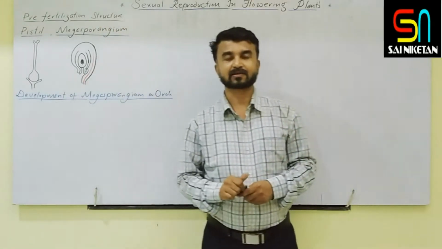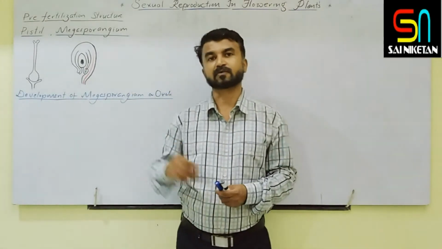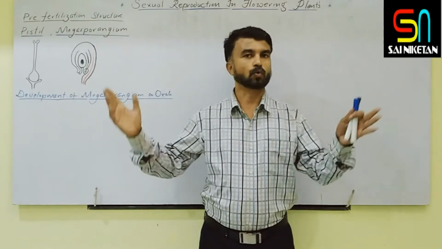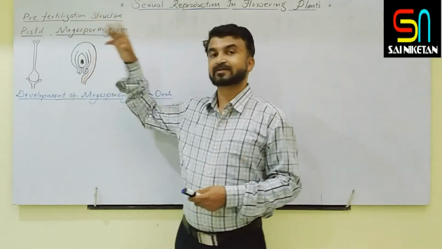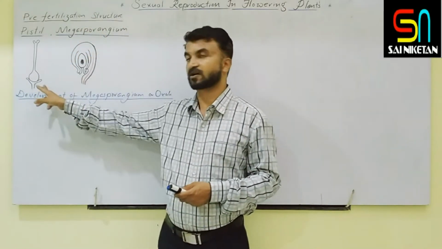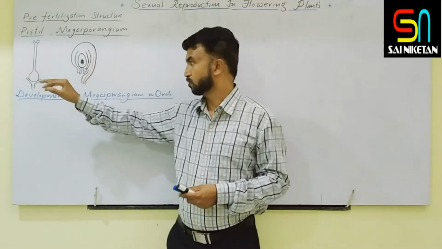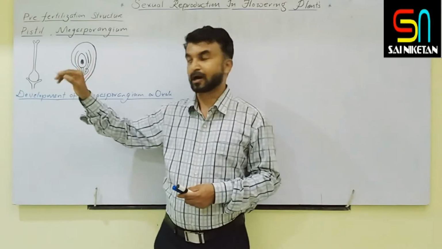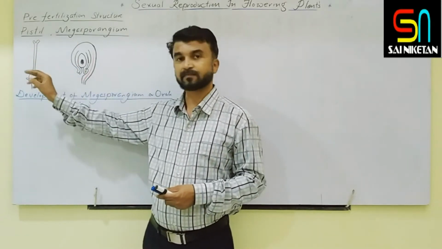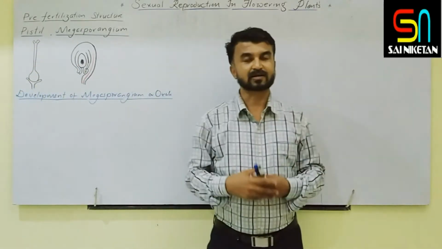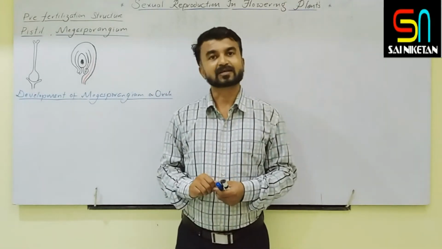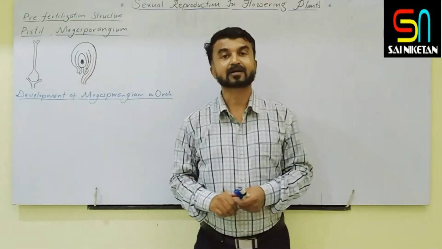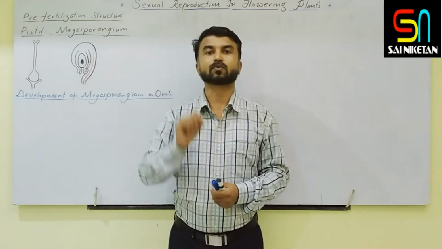Before that, let's recall the topics we covered. Under the pre-fertilization structure, we covered almost the whole male reproductive part: stamen, anther, microsporangia, pollen grain. Next, under this heading, we covered the pistil structure, which is the female reproductive part. The pistil means carpel. Every pistil or carpel is made up of stigma, style and ovary. Inside this ovary, placenta is there. On that placenta, megasporangium or ovule is attached. Clear? So we will take the next heading, that is the megasporangium or the anatropous ovule.